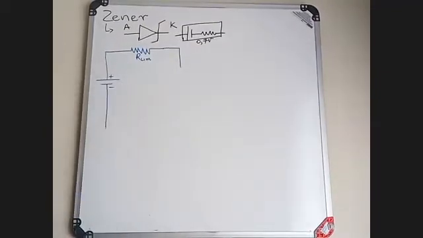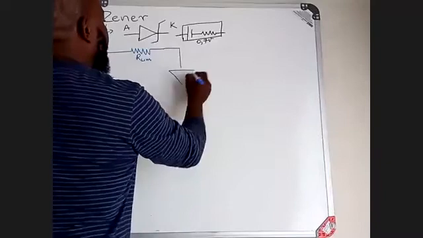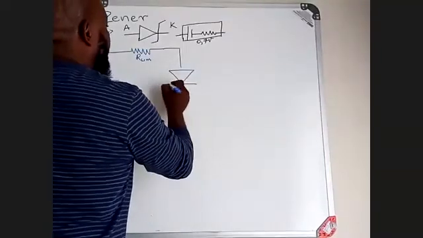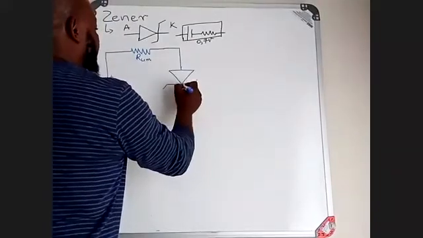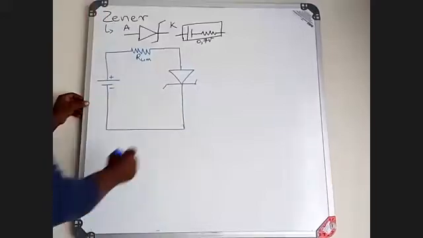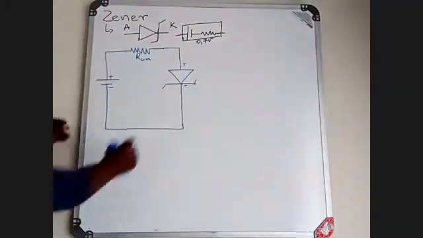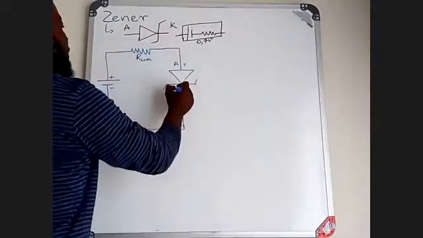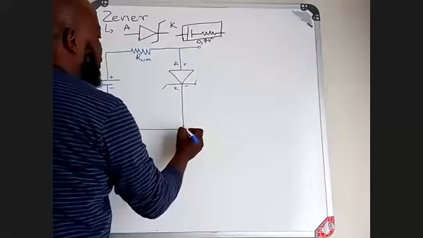With the connection of a Zener diode, it is very important how this component is connected. If I connect this component in this manner, that is your positive side, that is your negative side, which is your anode, and that is your cathode, which means if I measure the output here,